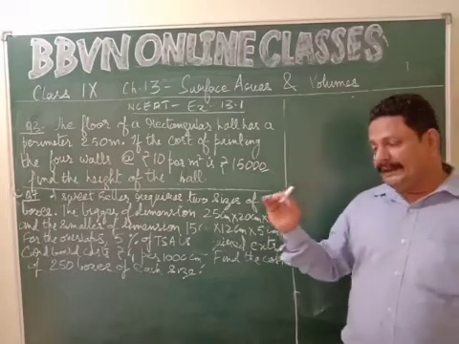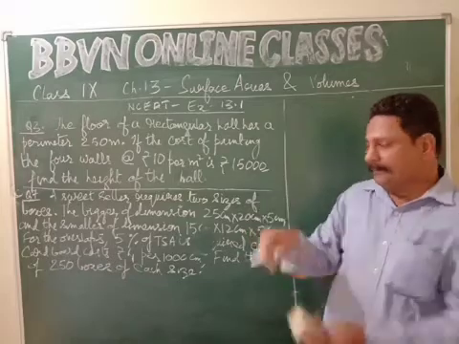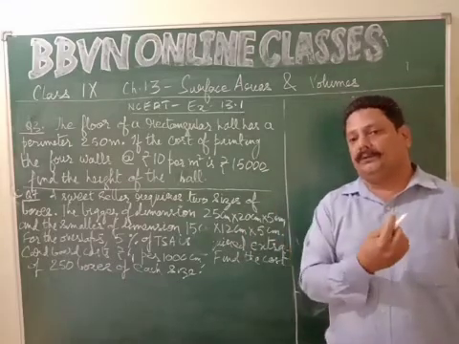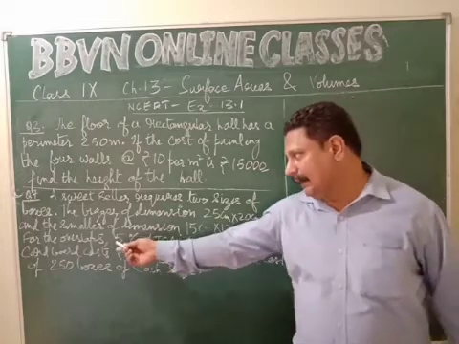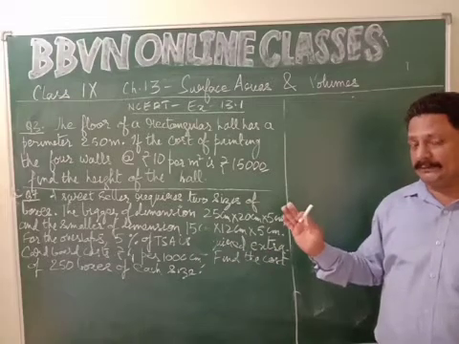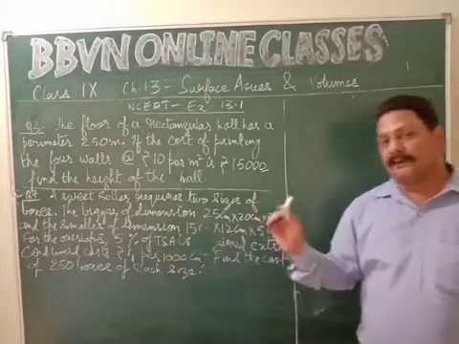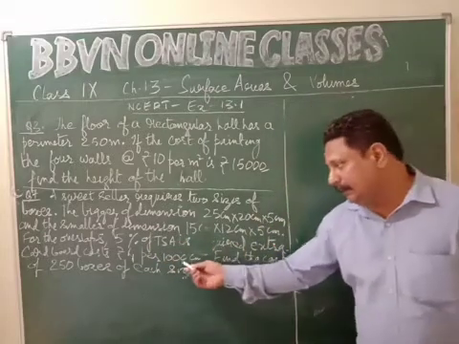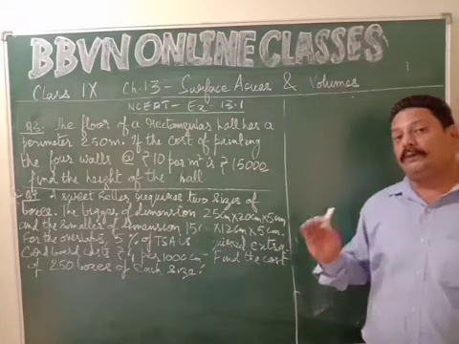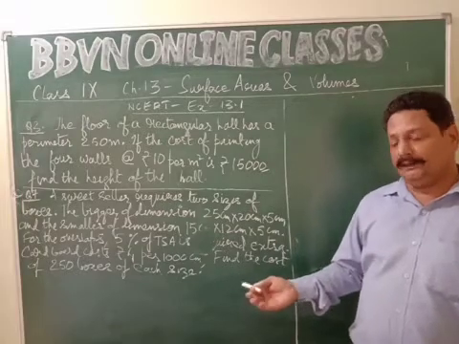Now, for making the sweet box, you must have seen the overlap flap. At the side there is one extra layer of cardboard. So it says for the overlaps, 5% of total surface area is required extra. Now cardboard costs rupees 4 per 1000 centimeter square. We have to find the total cost of 250 boxes of each size, of each type, right?